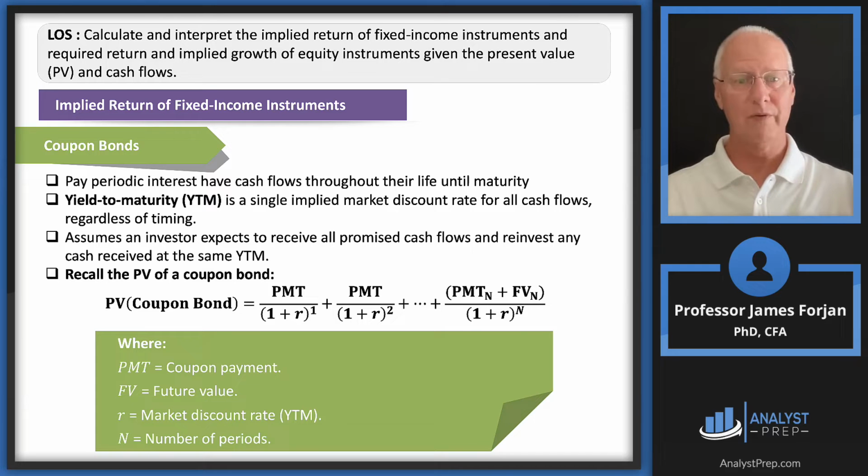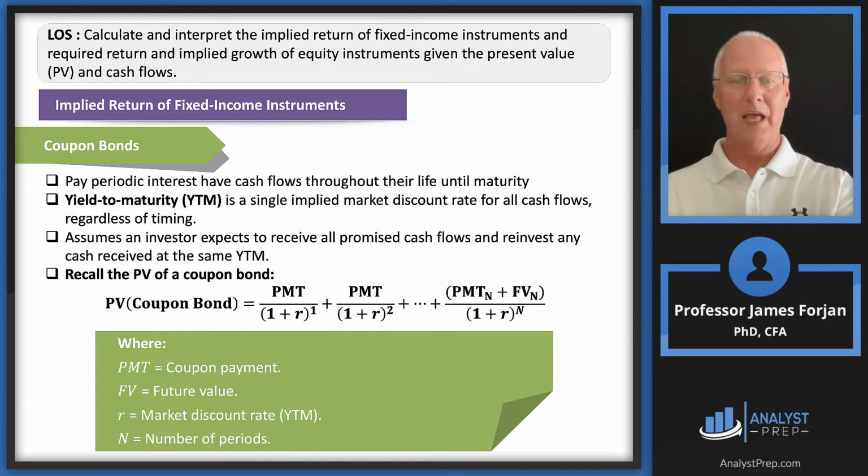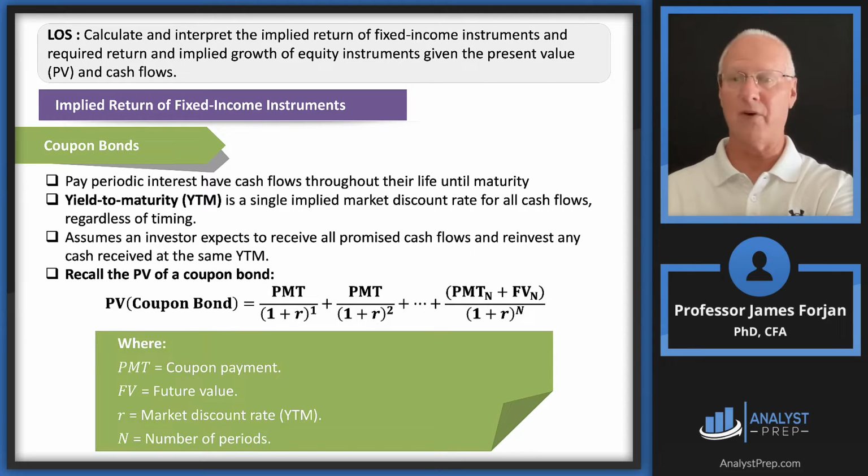But for those of you who are visual and like to see what we're trying to solve for, look at that equation right above the green box. So there's the price, there's the present value of a coupon bond over on the left-hand side. Suppose that's $950 or something. And then the coupon payment in the numerator, suppose it's $55, and then FV over there at the far right, that's $1,000. So all we're doing is we're solving for the yield to maturity on a bond. We're solving for the interest rate. What does the Institute call this? The implied